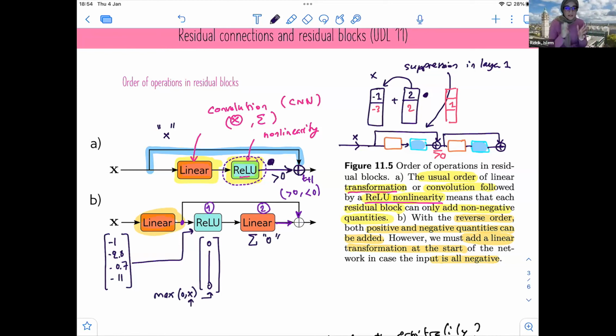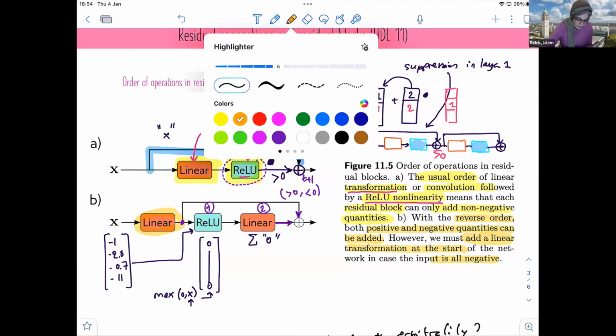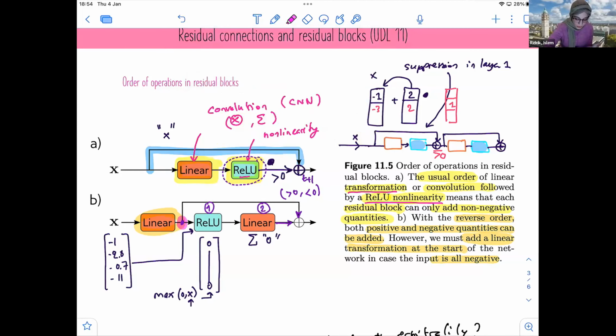Whenever you are going to put blocks, you need to think about the order in which you're stacking blocks, and where you want to add your skip connections, beginning and end. What is the starting point of your skip connection? What is the end point of your skip connection? And you need to know your data. So rule number 1 is you need to know if the data has some negative values or not.